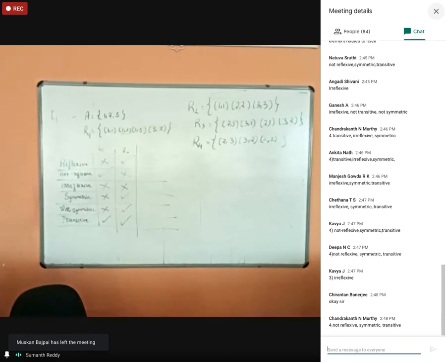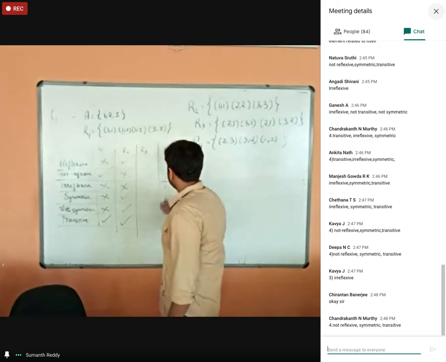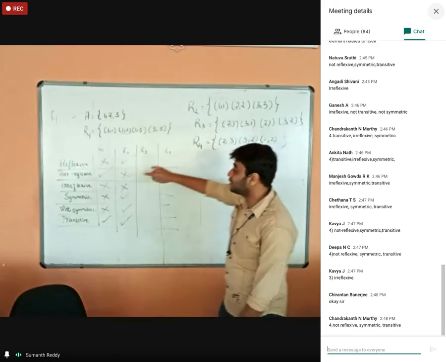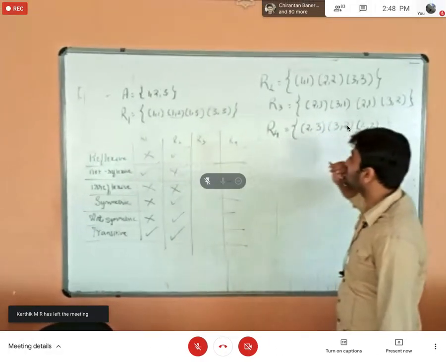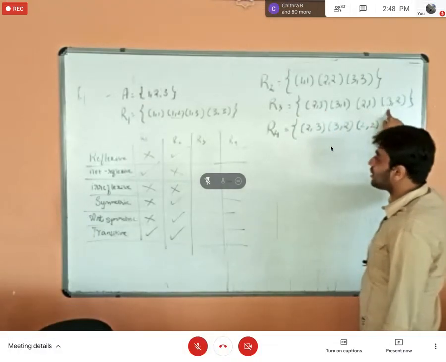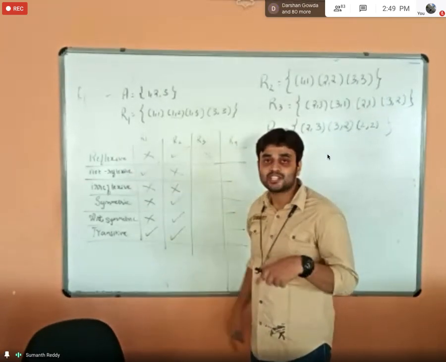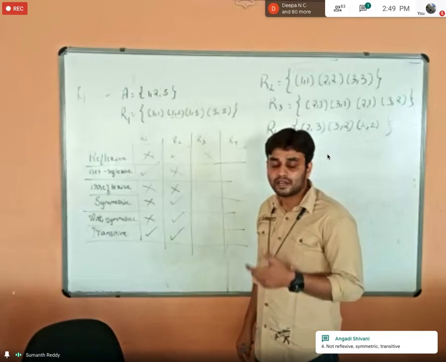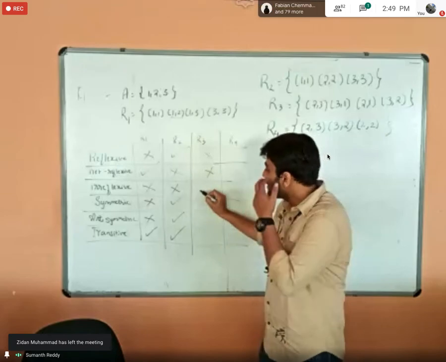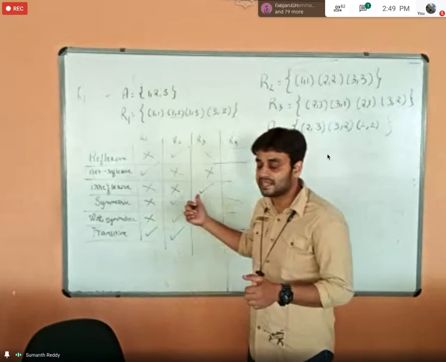Okay, fine. So I have included only two relations, the relations R3 and R4. So coming to the relation R3, first of all, I need to check whether it is reflexive or not. So coming to the reflexive part, (1, 1), (2, 2), (3, 3), I don't have any of those ordered pairs, so it cannot be reflexive. And if I have to tell not reflexive, at least there has to be one ordered pair, I mean, one element related to itself. I don't have even that also. So it is not reflexive also, but it is irreflexive, because none of the elements are related to itself.